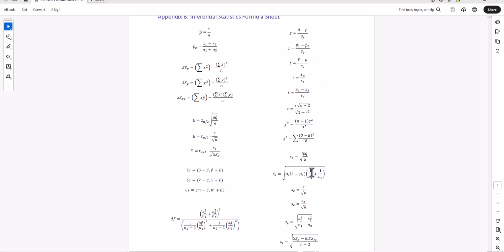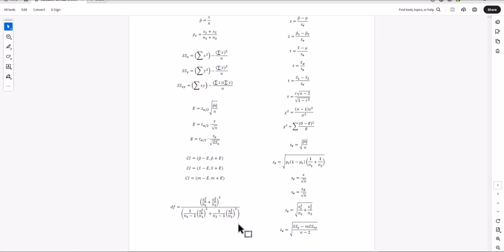Again, the standard errors are down here. We've got our pooled proportion ones. We've got our claims here with a proportion. And notice this is P and Q. This comes from the claim. Over here we have P hat and Q hat. That's from our sample. So pay attention to the small things as you're working through these. And again, we're trying to build a system. Here's the degrees of freedom. Fancy function. Anyway, just a few things to think about as you get ready for the exam.